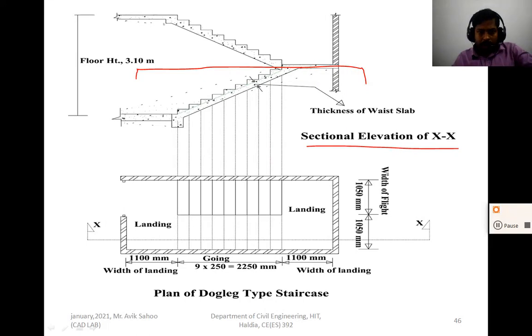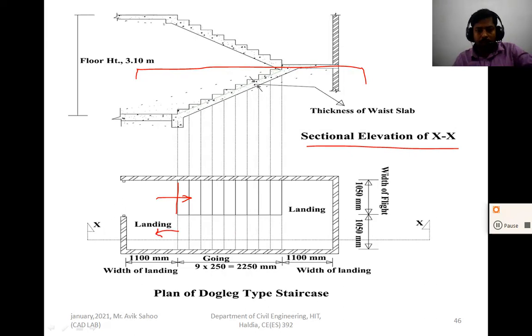This line appears on plan as a solid line. This is the upward direction. This line comes as a solid line because it is below the reference line, so this line is visible. The portion above the reference plane is not visible, so on plan it comes as a dotted line.